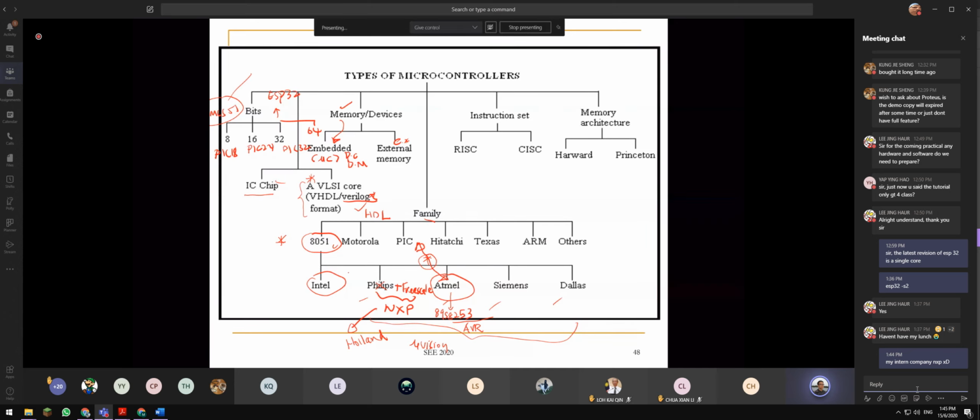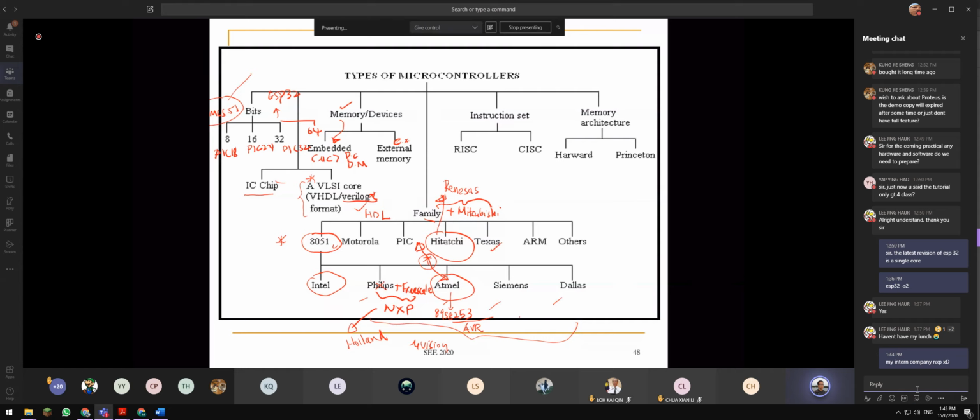Hitachi. Just to share with you some history of Hitachi, just for leisure. Hitachi also merged with Mitsubishi, a Japanese company. They were involved in semiconductors. They merged with Mitsubishi, and they have their own new line called Renesas. Okay, Renesas, it's Japanese. Then we have Texas Instruments from the US, very popular.